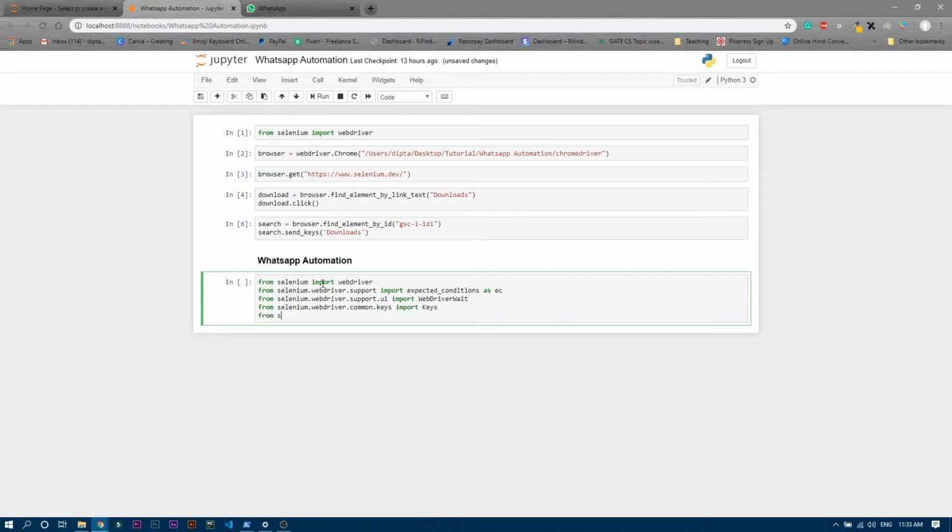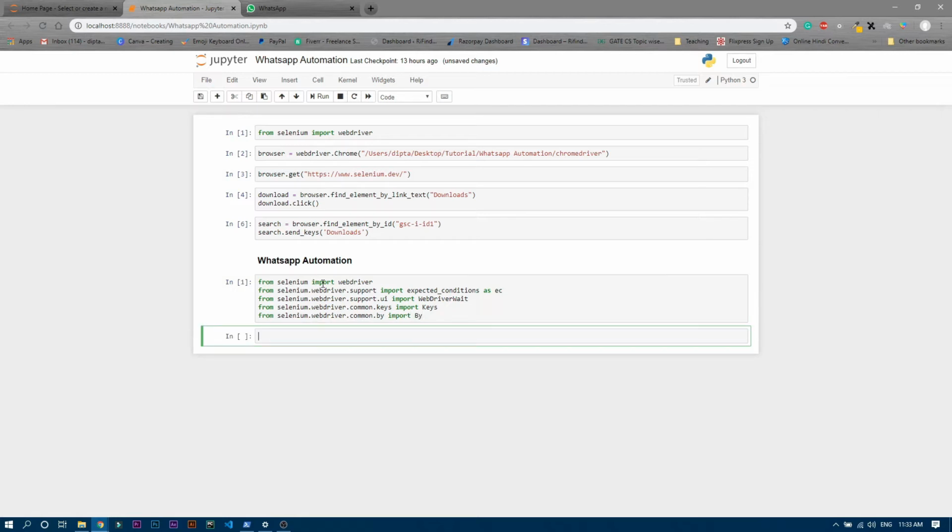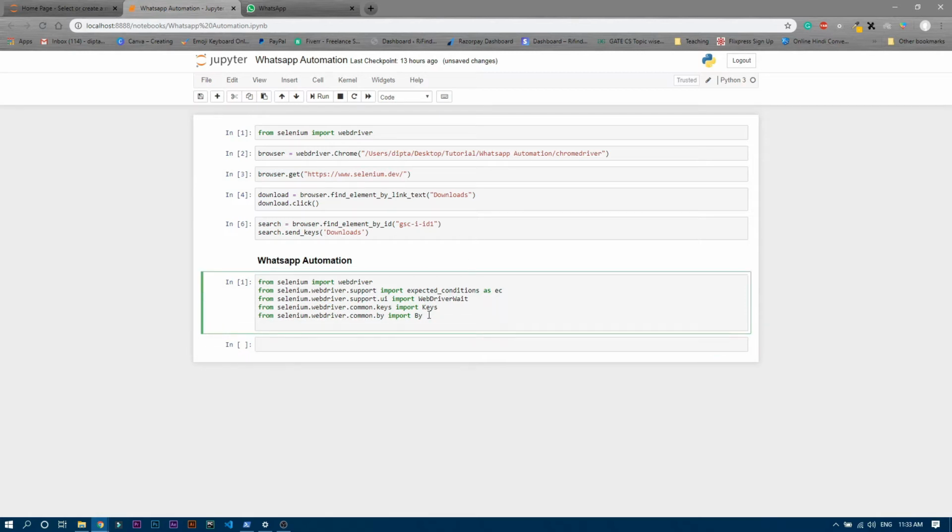And the last one is from selenium.webdriver.common.by, from there we want to import By. Fine, let's run it. Okay, there is no error, all the things are imported successfully. And now actually we need one more thing, we want time. So we want to import time, don't need to write from selenium, just import time.